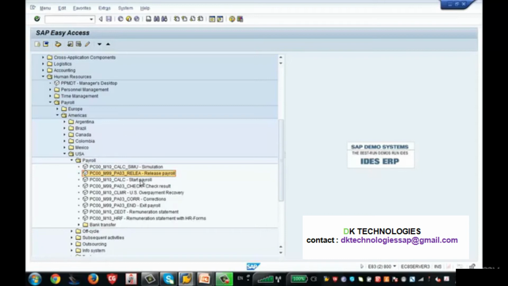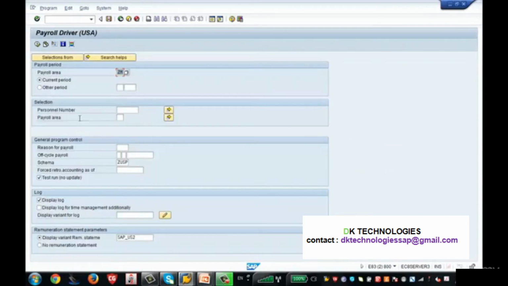Now you go to this transaction code to run the payroll. So what I am doing, I am clicking on this transaction code. This screen comes up. So what are the 4 important things I told you in the slides you have to enter? The first thing is your payroll area. After you enter your payroll area, hit enter. See, the period automatically came up. Why? Because in the control record, this is the latest period right now. So this payroll period came up from the control record.